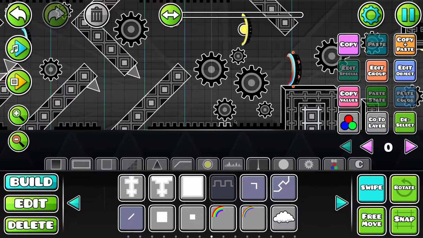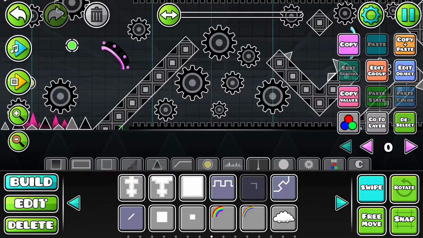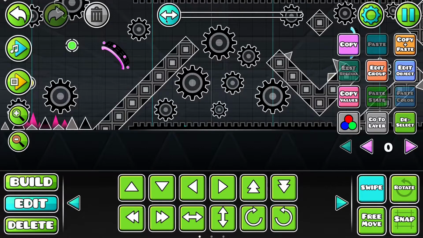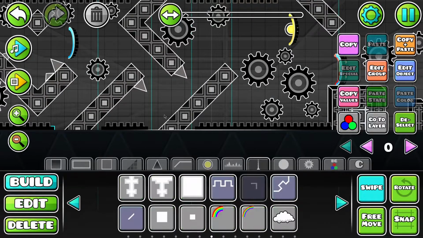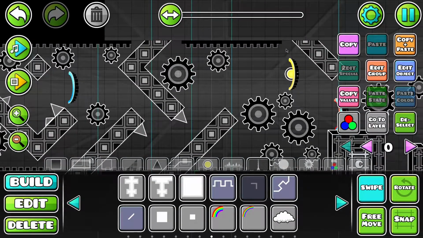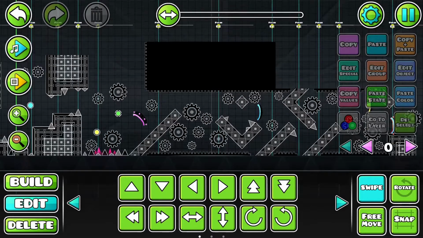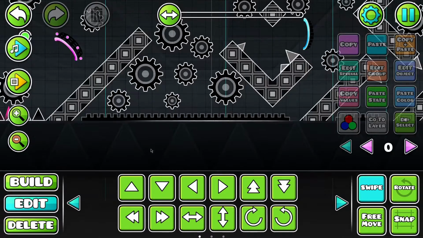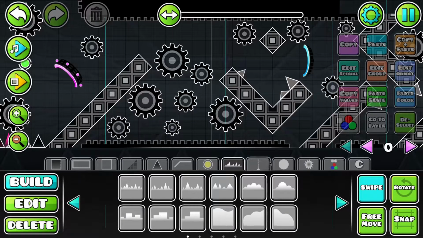So basically just place it like that, and then once you have that done, you want to get the corner pieces and put them like this, like that. And these little corner pieces will just add that nice touch to it. So okay, once you have that done with this, you want to build some kind of,